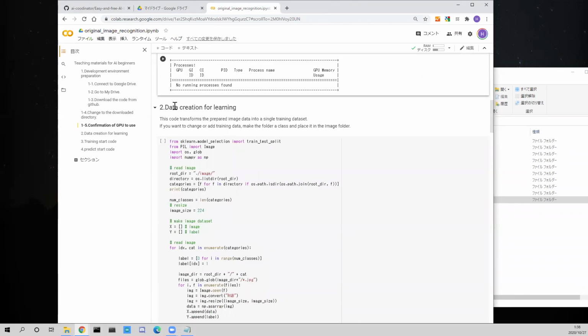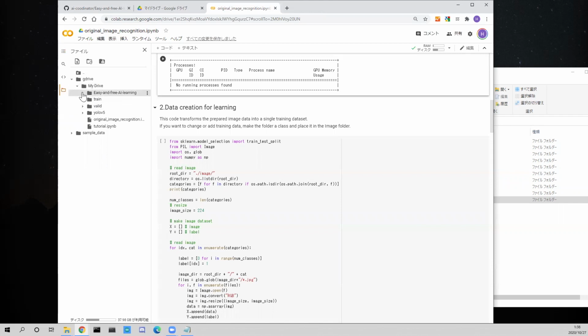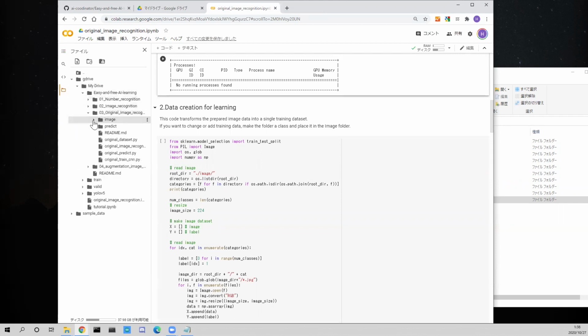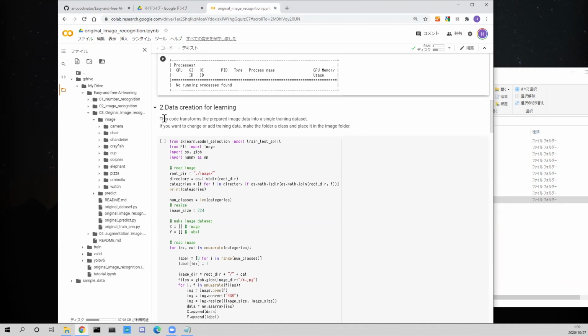Number 2, data creation for learning. This code transforms the prepared image data into a single training dataset.